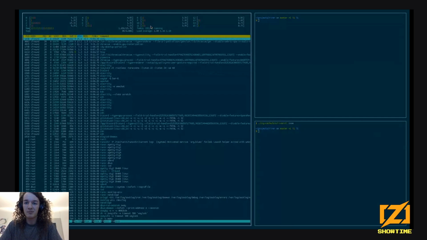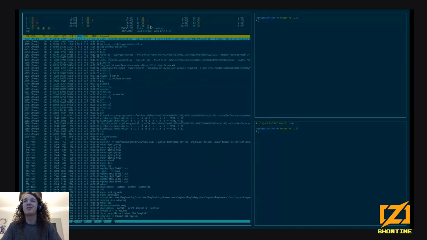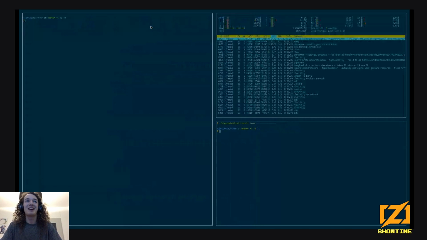How easy is it to write Wayland clients in Zig, asks Jones. Well, it's about the same as writing them in C. I haven't actually written a Wayland client. Actually, yeah, River CTL is a Wayland client, so I can show you the source code for this real quick. I can even do this inside River